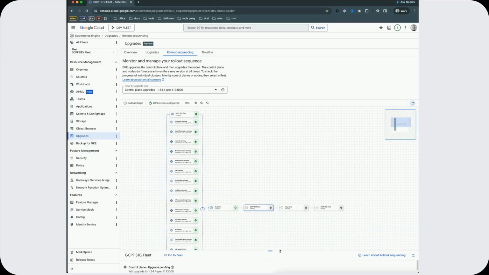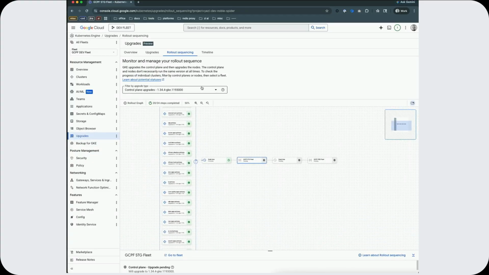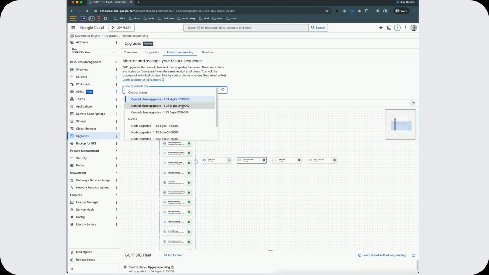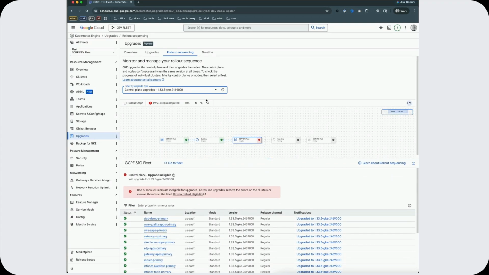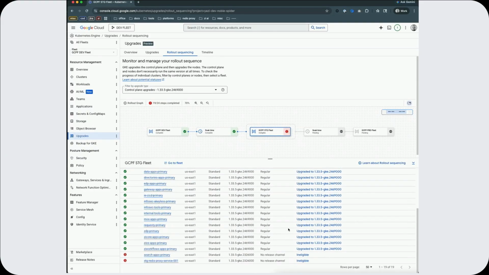And here we can swap between different versions. If some of the fleet members are blocked for some reason, we can see this. We go down and see why.